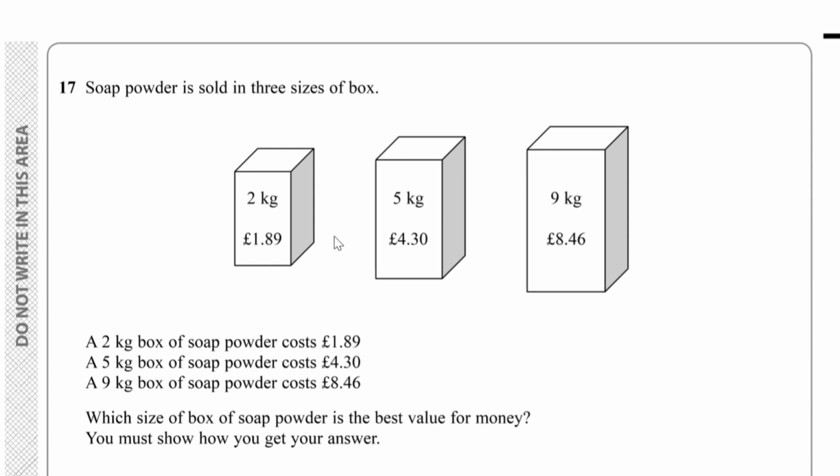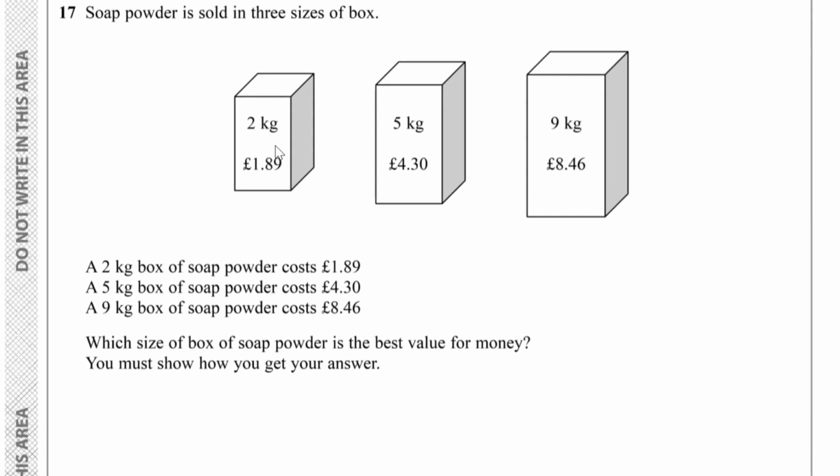Question number 17. Soap powder is sold in 3 sizes of box. We've got a 2 kilogram box, 1.89, a 5 kilogram box, 4.30, and a 9 kilogram box, 8.46. And we have to find out which box of soap powder is the best value for money. You must show how you get your answer. Well, what we can do is find out how much it costs per kilogram. So if we take a look at the 2 kilogram box,